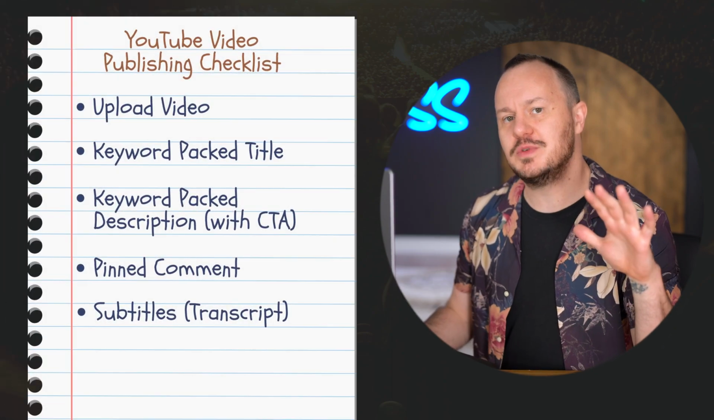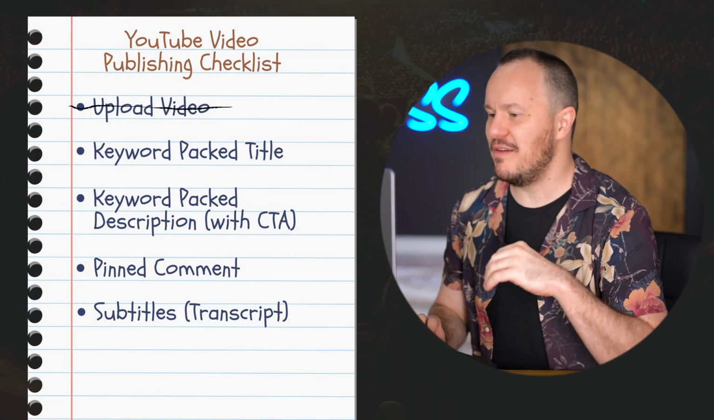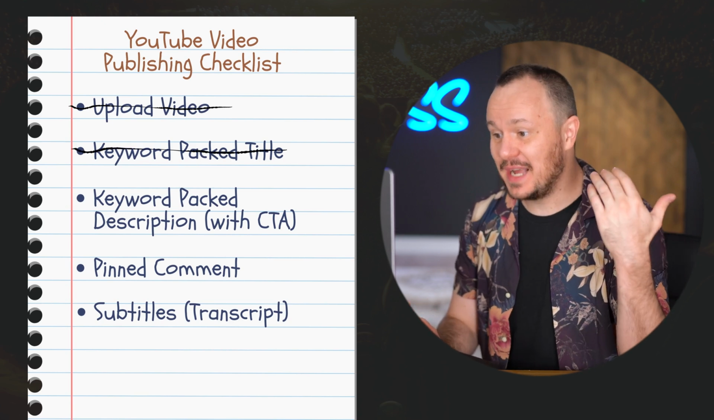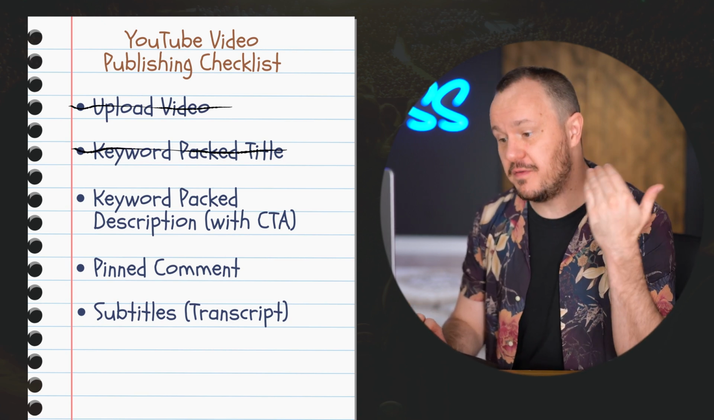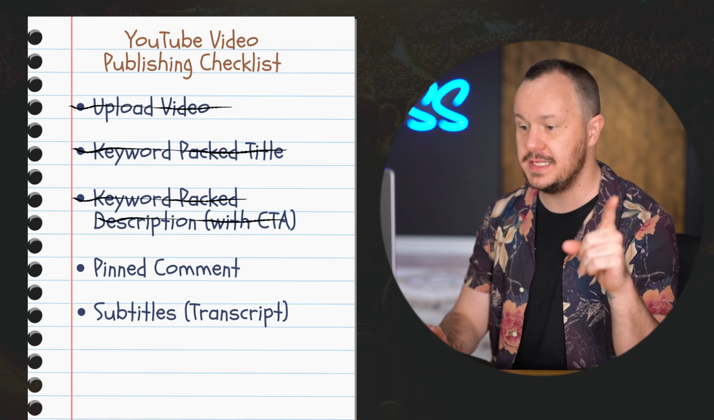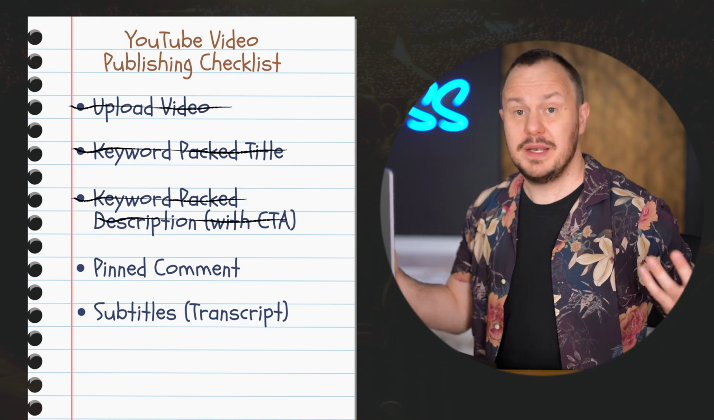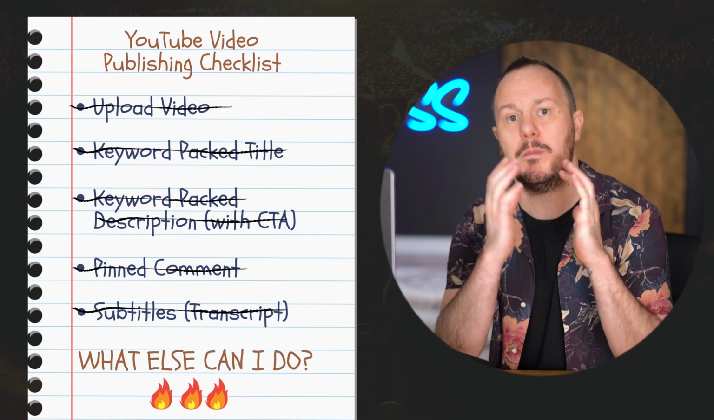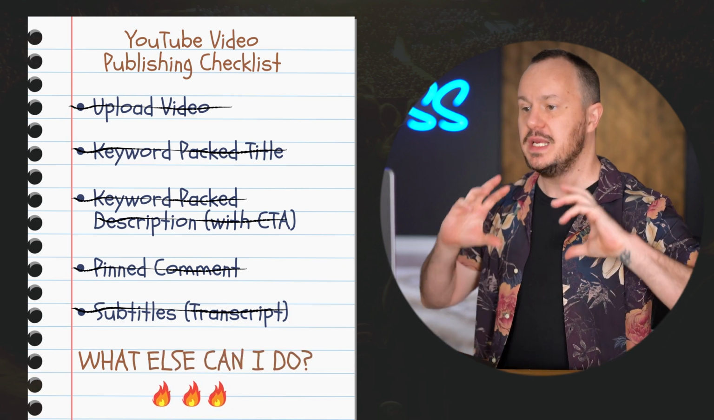Okay, you've done a killer job so far. You've created a really good YouTube video. You have a relevant, catchy, and keyword-packed title, and you have a keyword-packed and relevant, descriptive, fun description with your CTA in the description. You also did a pinned comment. You have a transcript on your video. What else can you do to get more clicks, to drive engagement even more, and to light fire under this